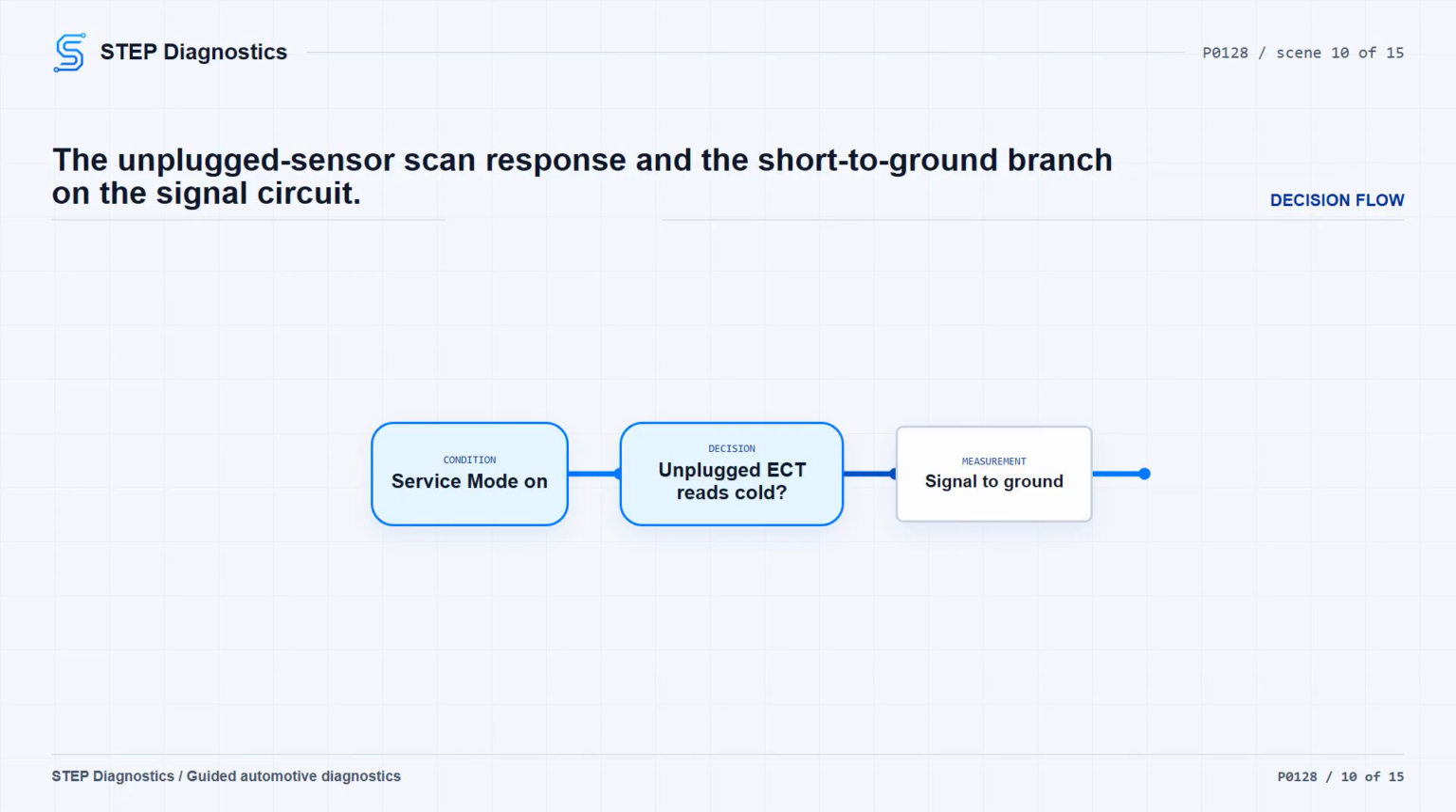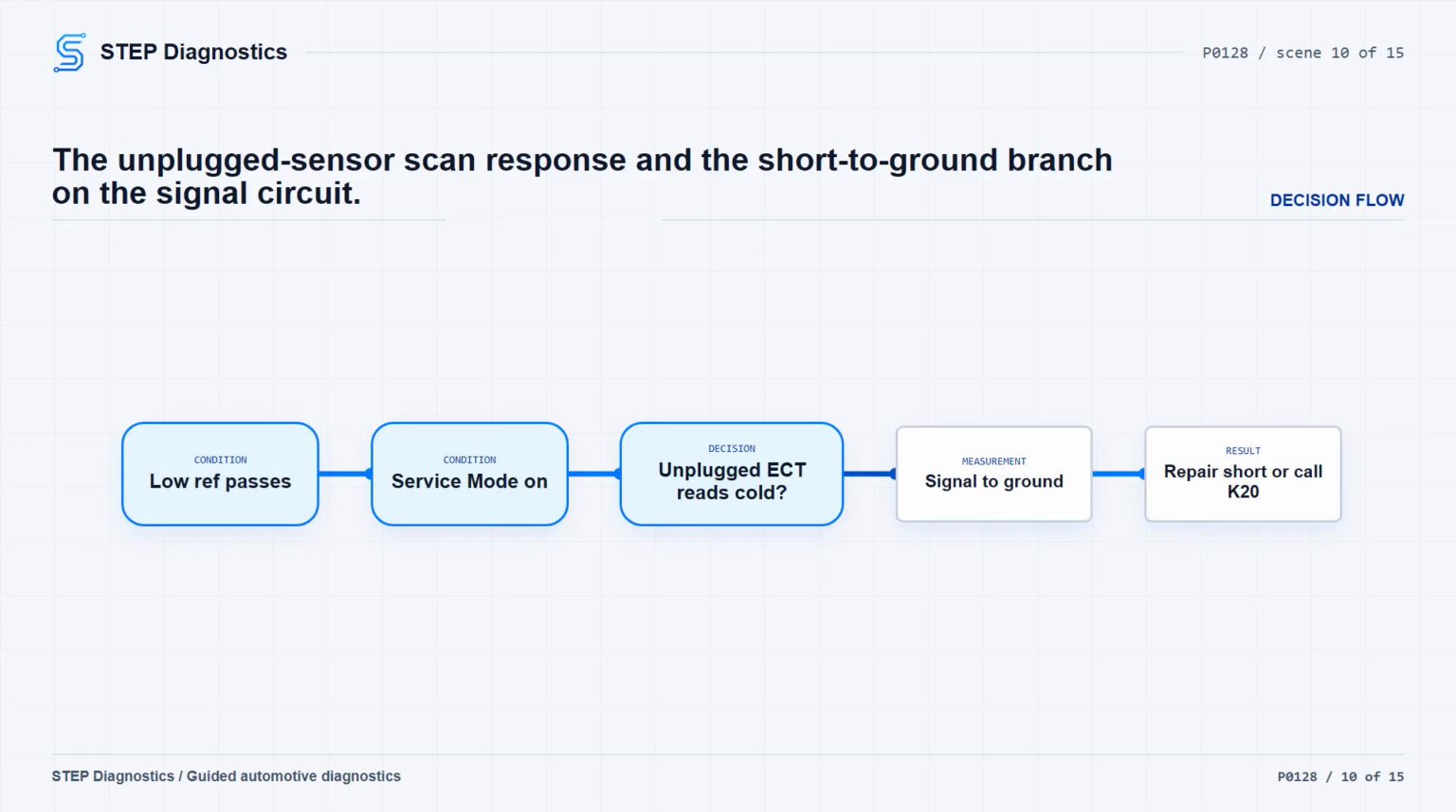If the first low reference to ground test is less than 10 ohms, turn the ignition on with the vehicle in service mode. With the coolant temperature sensor disconnected, the scan tool ECT sensor parameter should be colder than negative 39 degrees Celsius, negative 38 degrees Fahrenheit. If it reads negative 39 degrees Celsius, negative 38 degrees Fahrenheit or warmer,